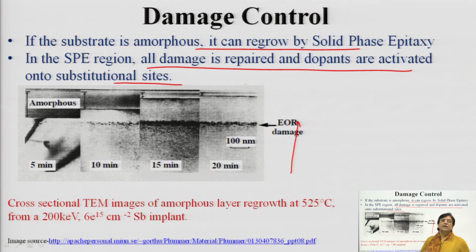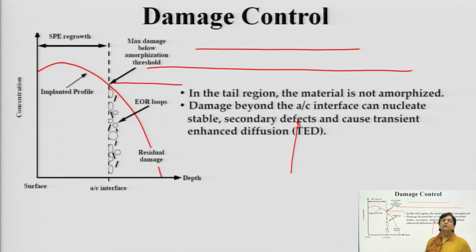So, range order can be replicated and you can regrow the surface. This is the implanted profile. Just see, this is the maximum damage, and you will regrow the surface. This is the solid phase epitaxial growth process which has happened. Automatically the range order will be maintained, since you are replicating the same. Once you maintain the same order, naturally your structural uniformity will be maintained and the damage can be subsequently controlled. So, this is what is being done.